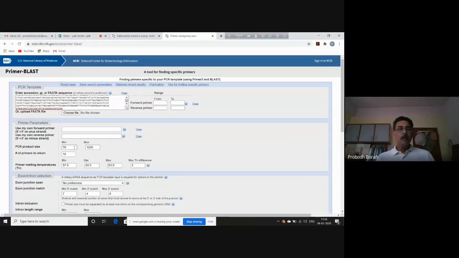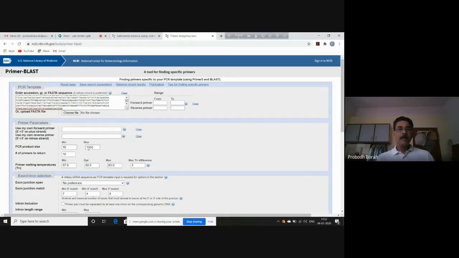So if you take your specific target product size to be less than 50 or less than 70, sometimes you may be confused when a product size of less than 70 is coming, whether this is a specific product for the amplified gene sequence or whether it is a primer dimer. We do not want the primer dimer, we want the amplified product. So to avoid confusion with primer dimer, our product should not be targeted to be less than 70 bp. So less than 70 is not allowed. Optimal product size is minimum 70.